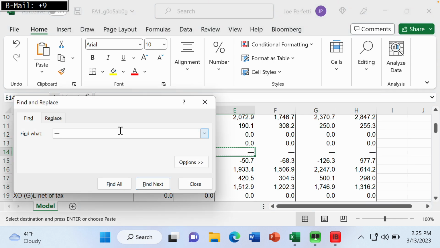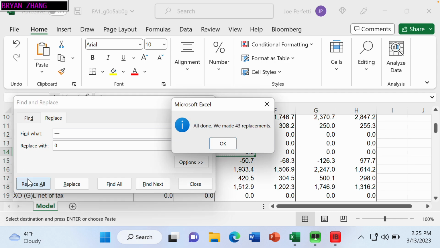You paste what you're looking for. You replace that with zeros, replace all. So I would have had for Parker Hannifin to replace 43 long dashes with 43 zeros. Find and replace is pretty good for doing that. Then I would have taken this file,